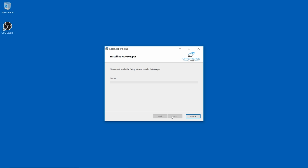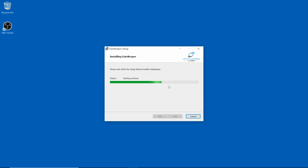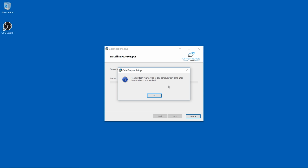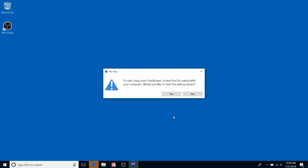So as we wait for this to pop up, it'll come up here in just a second. It says Texas Instruments Ports, Publisher Untethered Labs, and you're going to want to have that box selected that says Always Trust Software from Untethered Labs, and click Install. This will start your services, and then it'll say please attach your drive or device to the computer anytime after the installation is finished. So we'll click OK, and then we'll click Finish, and it will automatically take us to the pairing wizard here,